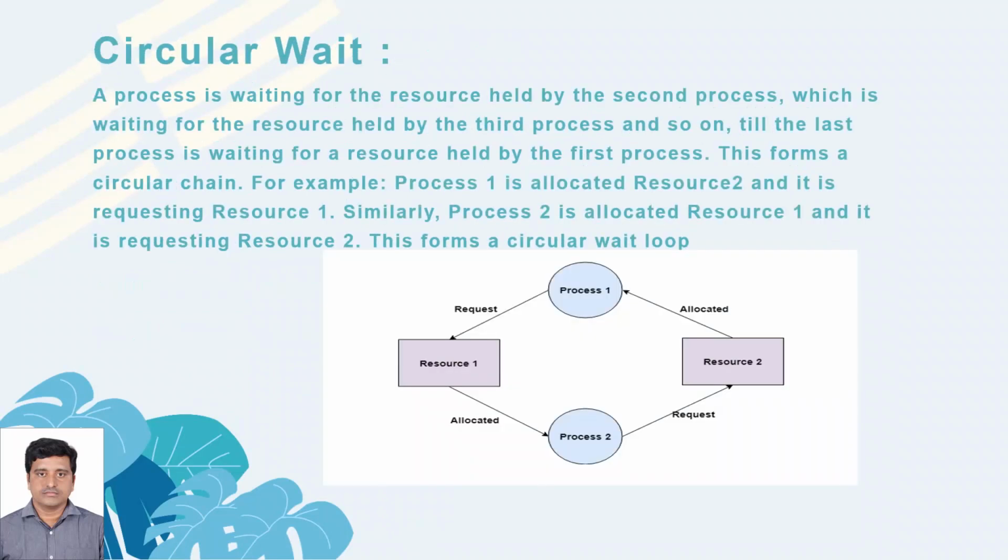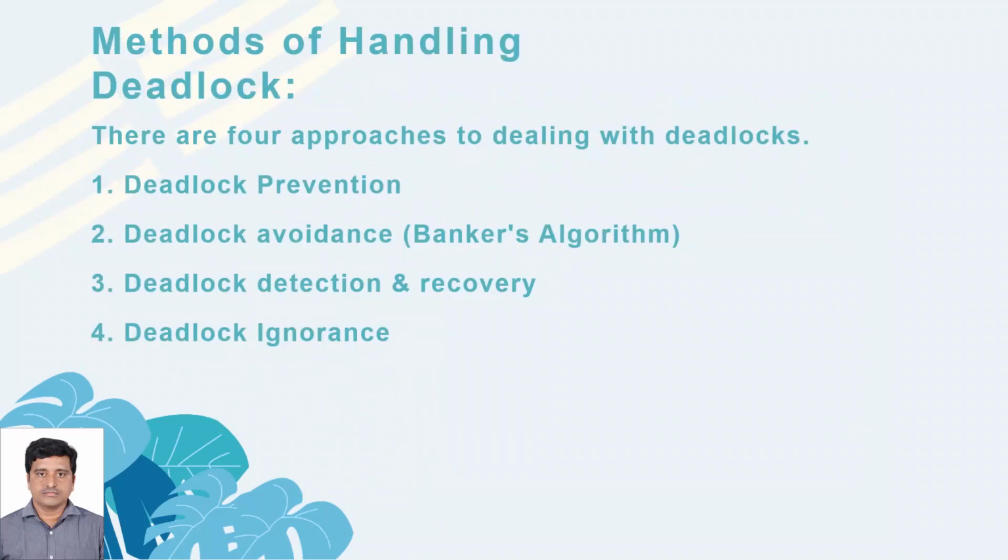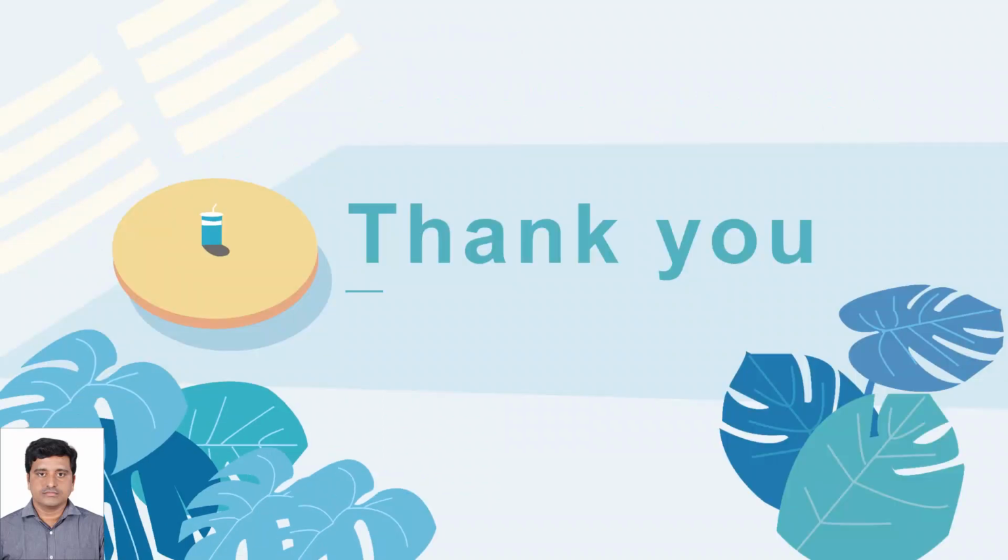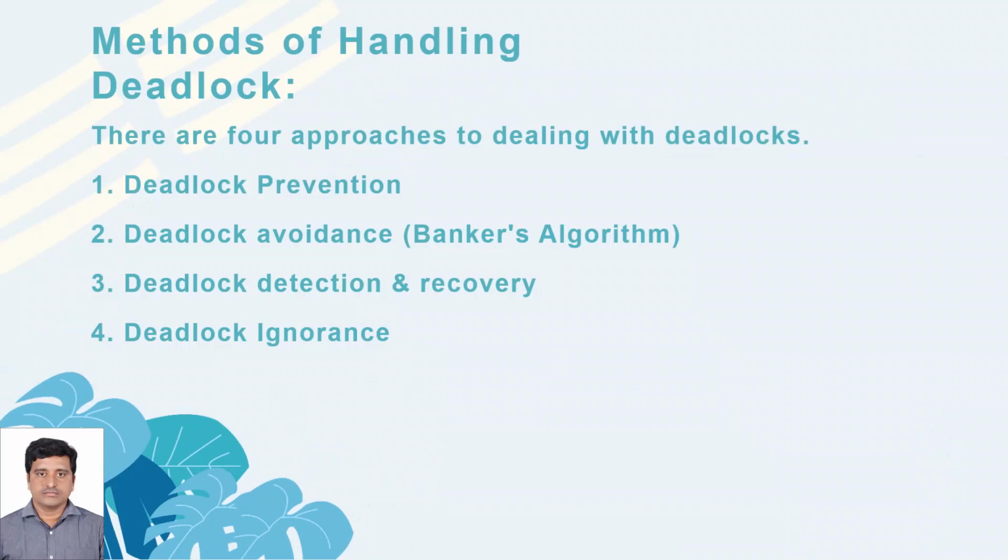So now, some methods for handling deadlocks. Four approaches are there. One is deadlock prevention, another one is deadlock avoidance with Banker's algorithm, then deadlock detection and recovery, and the fourth one is deadlock ignorance. We will discuss these handling topics in the next